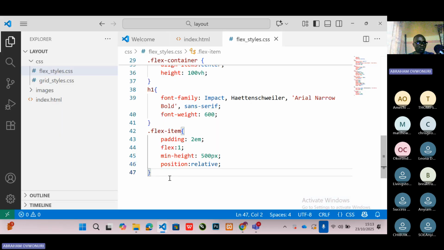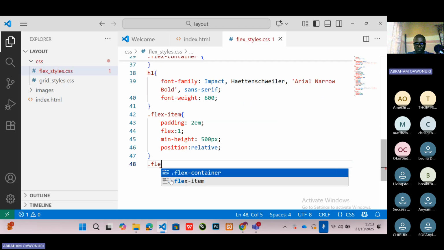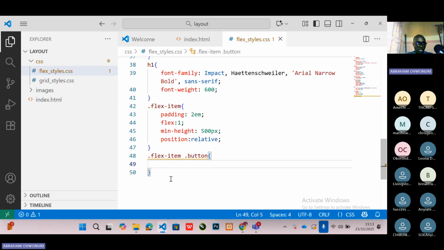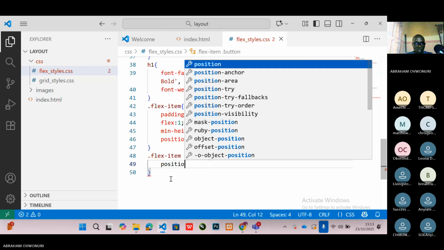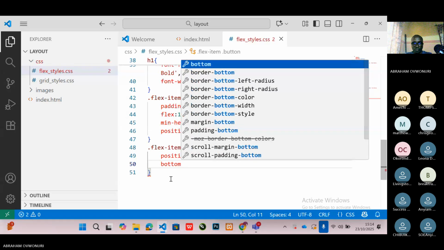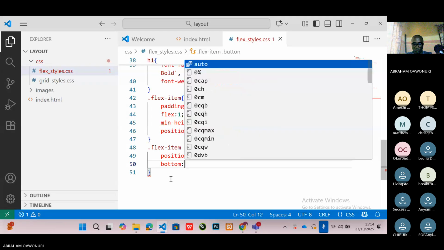Let's continue. We have done it for all of them. Then .flex. Now, inside the flex item, we can also talk about the flex item. We also have buttons. So let's make their positions absolute, and bottom to